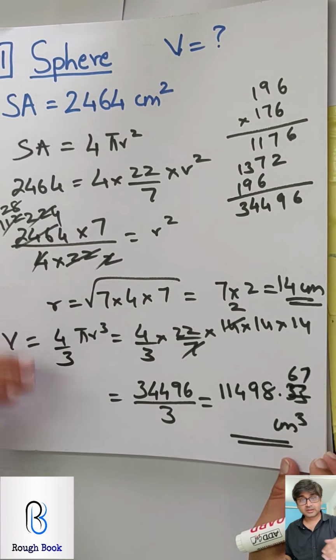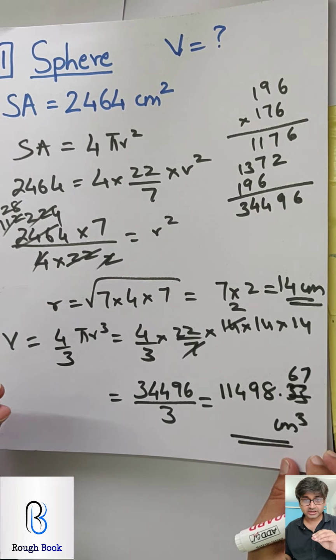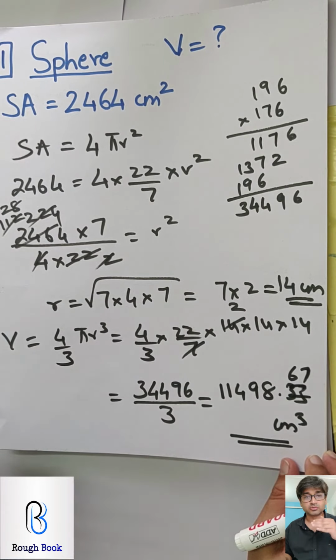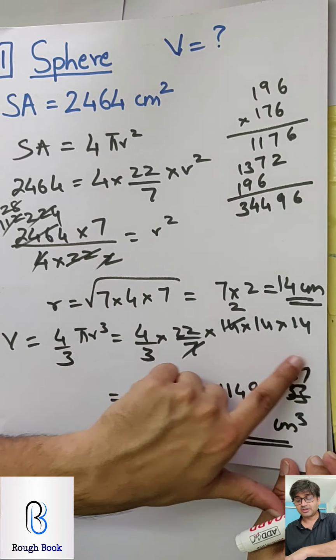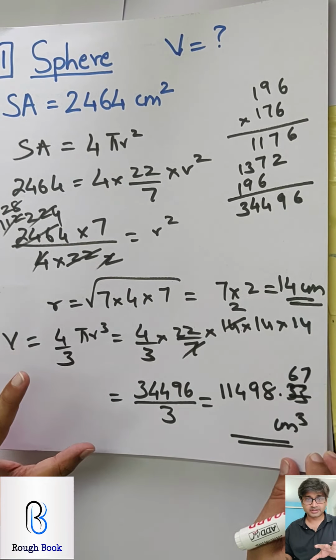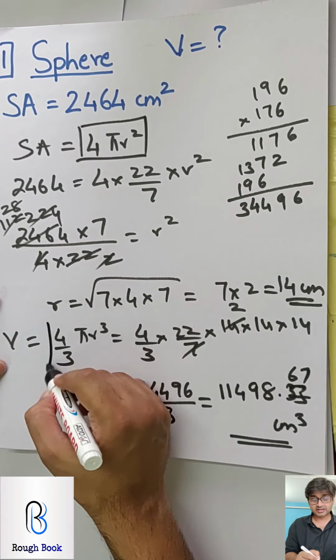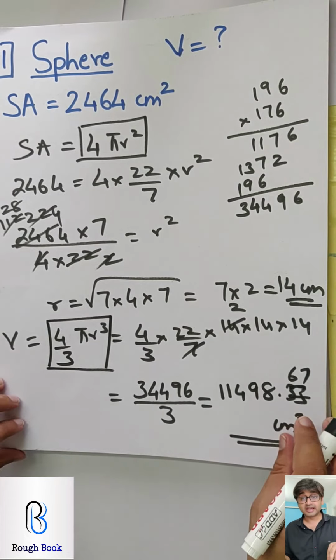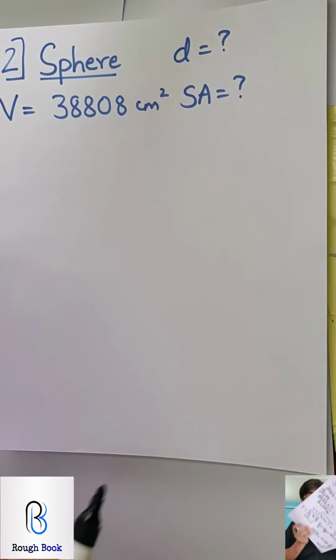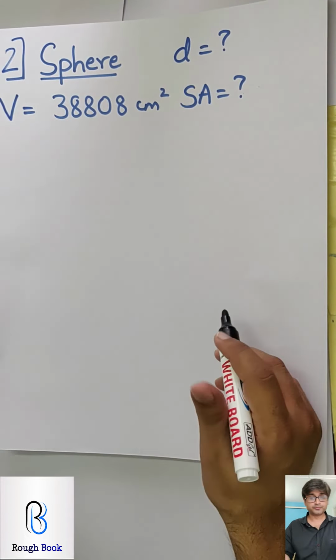Alright. Simple sum. Little bit of calculations, but don't get worried. Gradually you will pick up on that, and in the exam they might not give you such complicated ones, but you need to know your formulae well, surface area as well as the volume. So please get them sorted right now. Let's go to the next one, sum number 2.